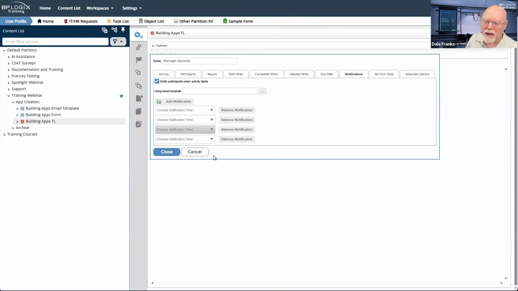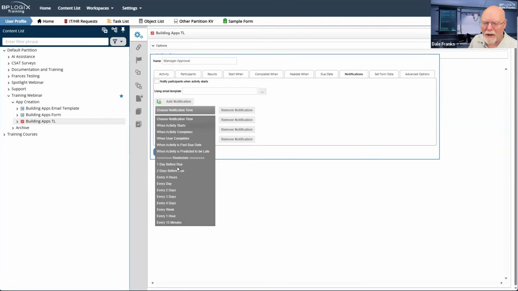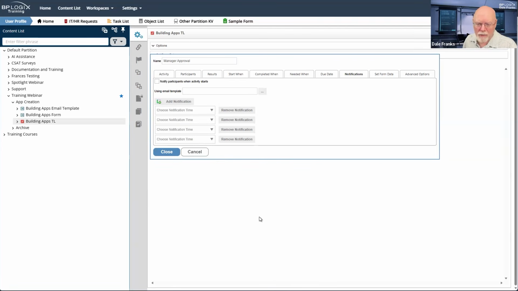I can't think of any useful circumstance where I would want to send a notification to the participant in an activity and not have that activity open in task context automatically. So I can't imagine why you would uncheck this box and then create a notification down here whenever the task starts. The whole purpose of this button is to provide that automatic task notification.